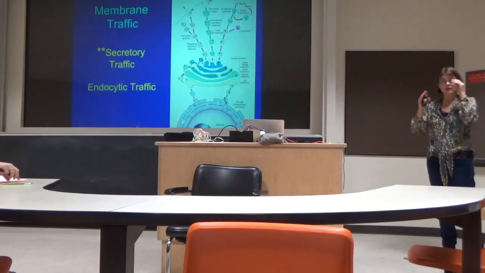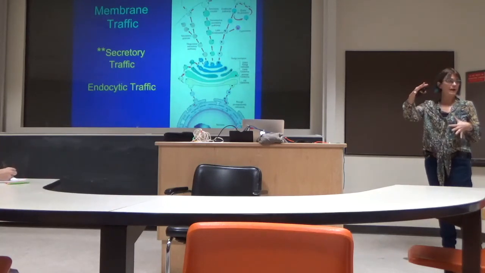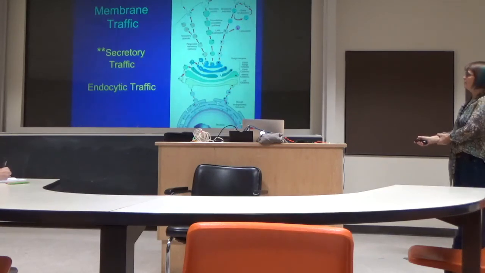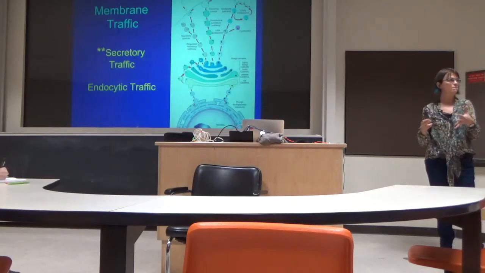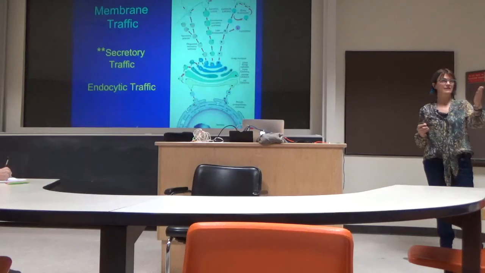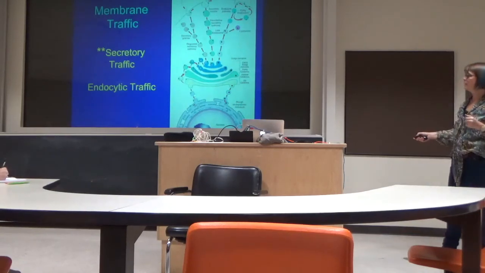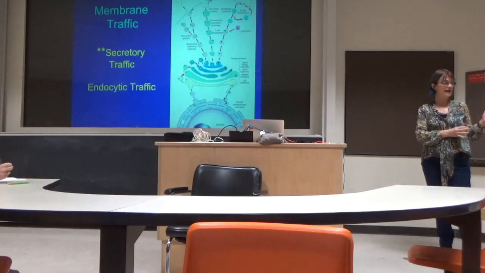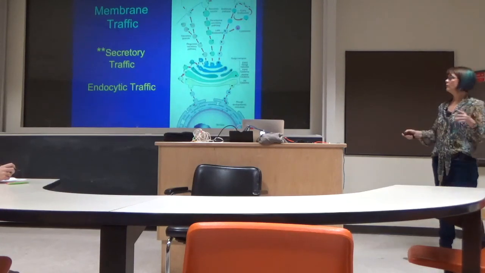Membrane traffic can generally be divided into the secretory pathway and the endocytic pathway. The secretory pathway is the pathway outside of the cell, going from the ER to the Golgi to the outside of the cell. That's where secretory comes from. But secretory is sort of a misnomer because a protein doesn't have to be secreted. It can be anywhere along the pathway of the ER to the Golgi to the plasma membrane. And that's the arm that we're going to focus on today. And then later, we'll reverse direction and